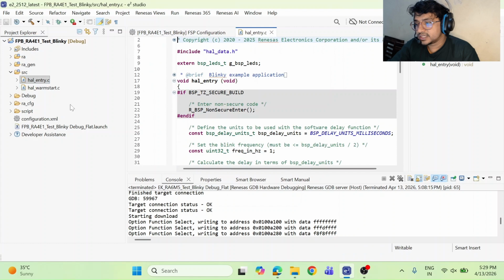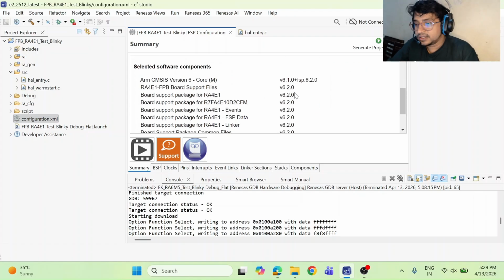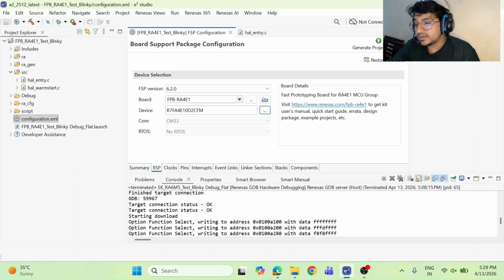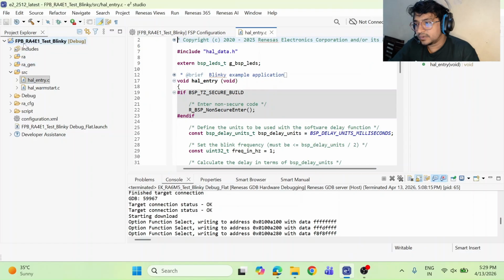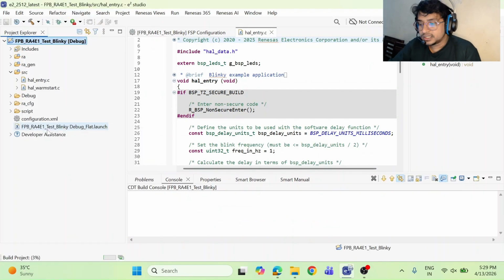In HAL entry you can start, and here you can see in the configuration file the version is there and the board name is there. You just have to verify the toolchain version and the full part number, and after that there is nothing you have to do. You have to go to HAL entry, right-click and build the full project.